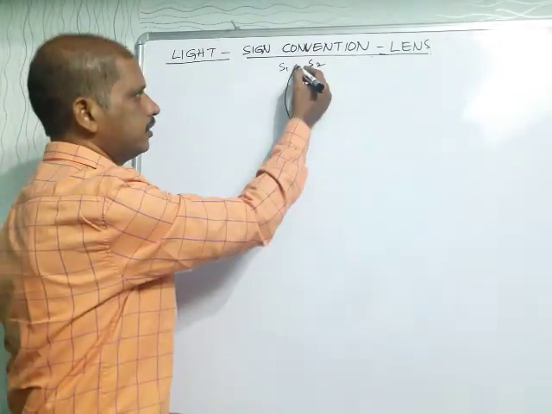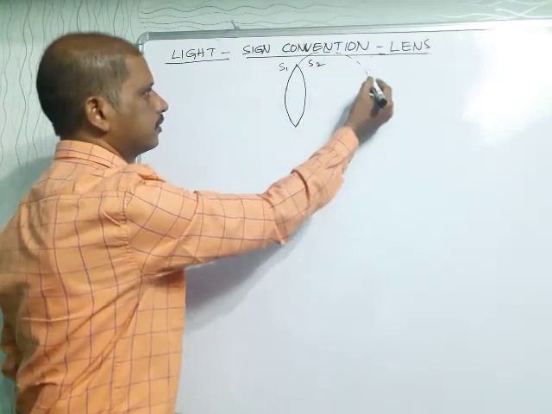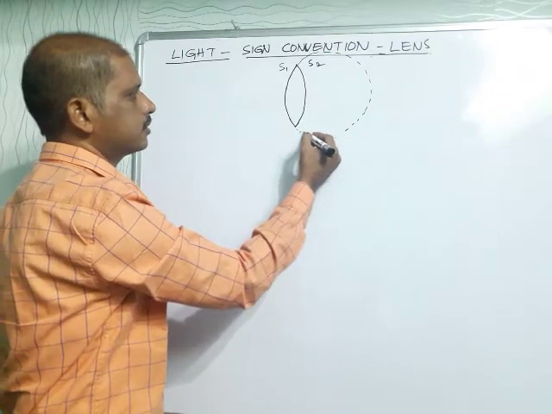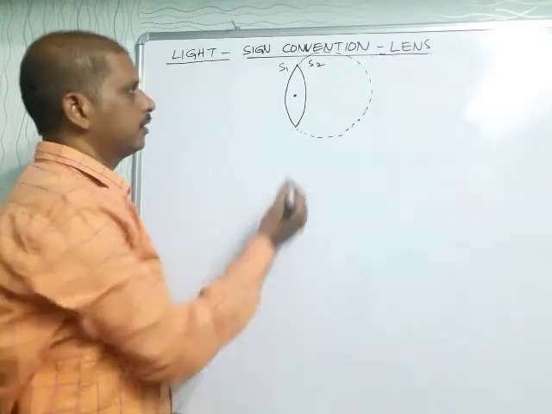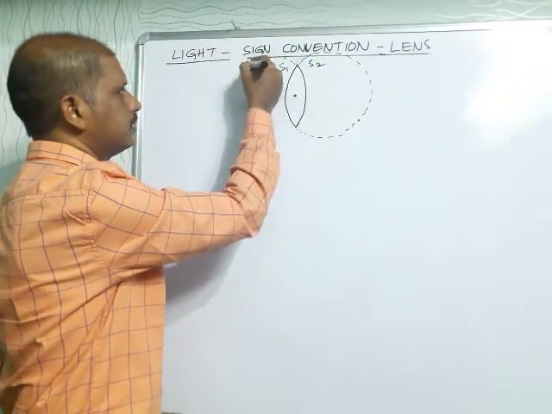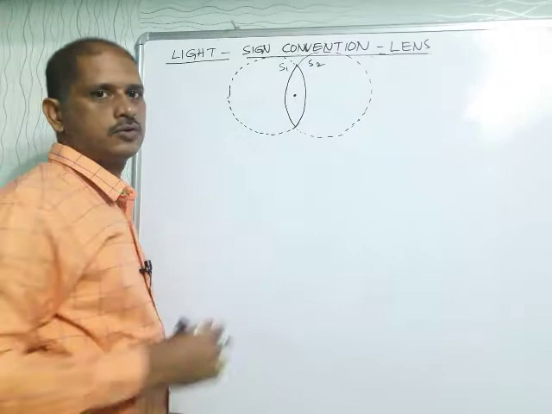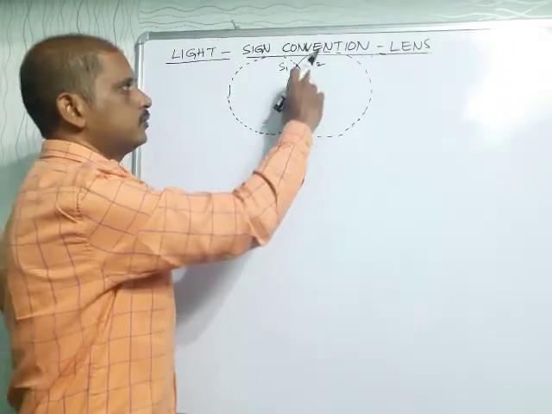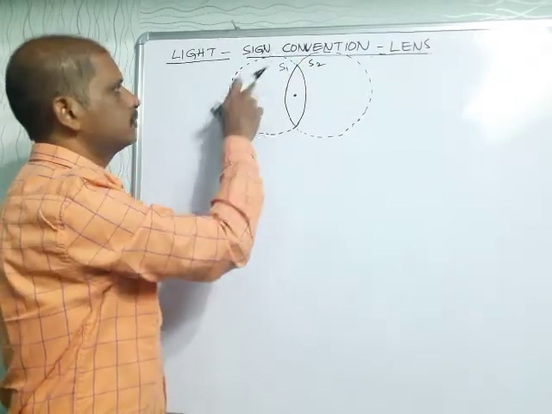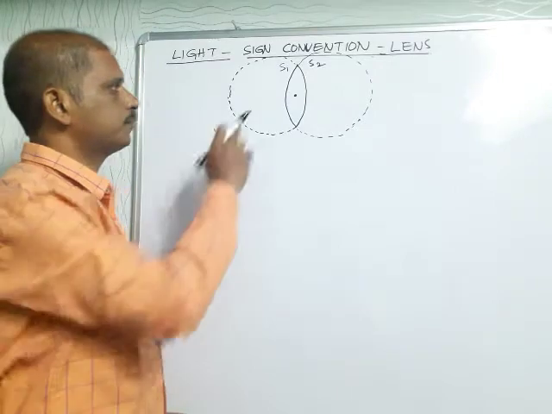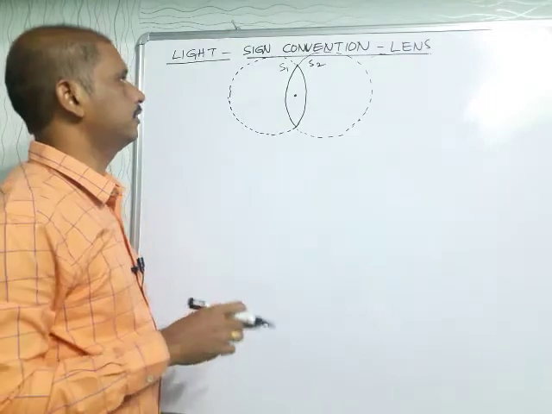But if you consider S1 here, this surface, I consider this surface is a cut part of a sphere. The sphere lies right side for the optical center. This is the optical center. And S2 is a cut part of a sphere which lies in left side. So S1 belongs to the sphere which lies right side. S2 is the surface which belongs to the sphere which lies in the left side. So according to that we can take the sign convention.